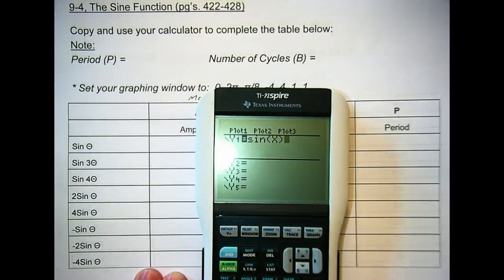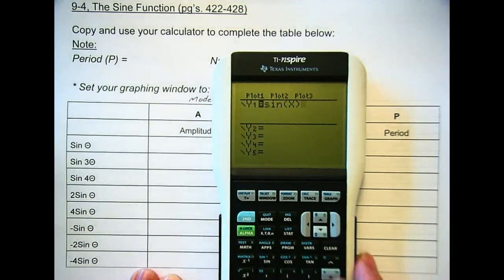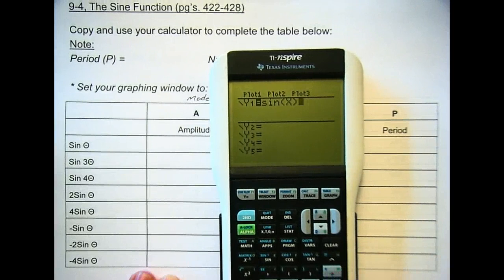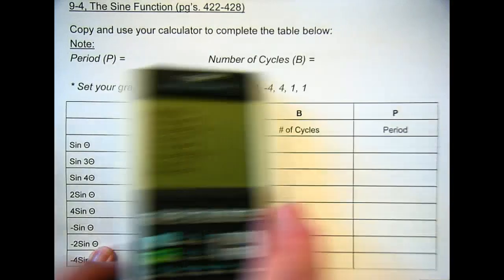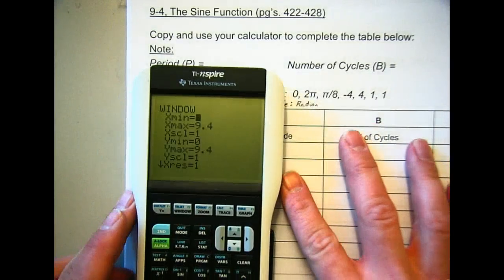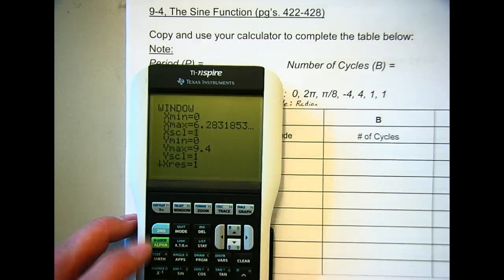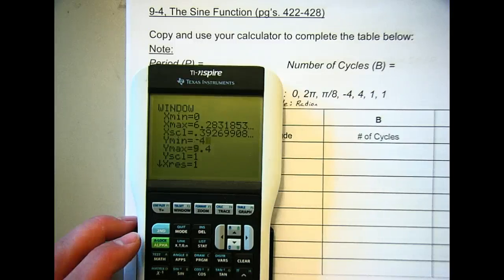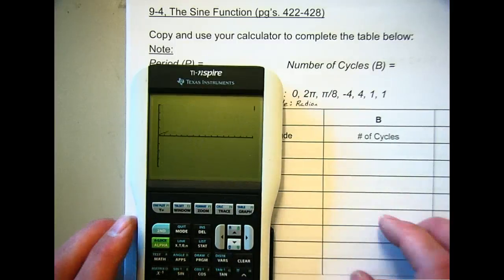Let me turn off that light so we don't get that glare. Make sure we can still see it. You see it now? Yeah. Okay, y equals sine x. And then, if you haven't changed your window yet, make sure you change it to those settings. So 0, 2 pi, pi over 8, -4, 4, 1 and 1. And then make sure your mode is in radians. And then when you graph it,